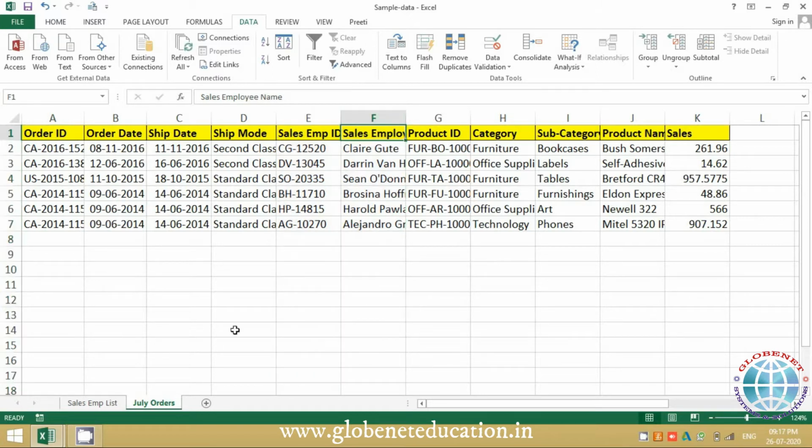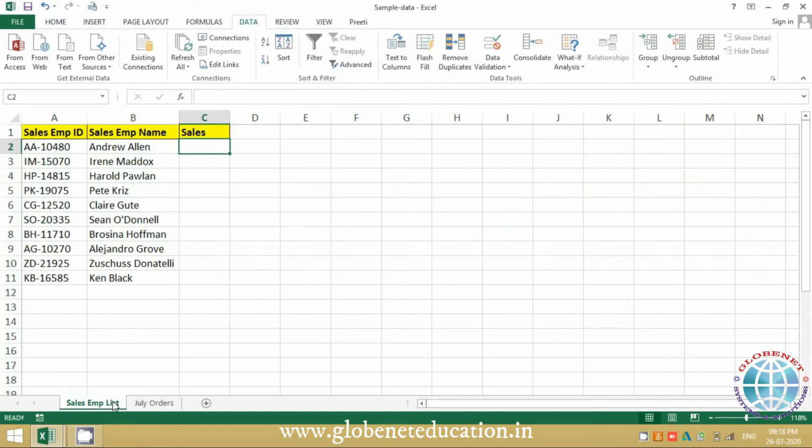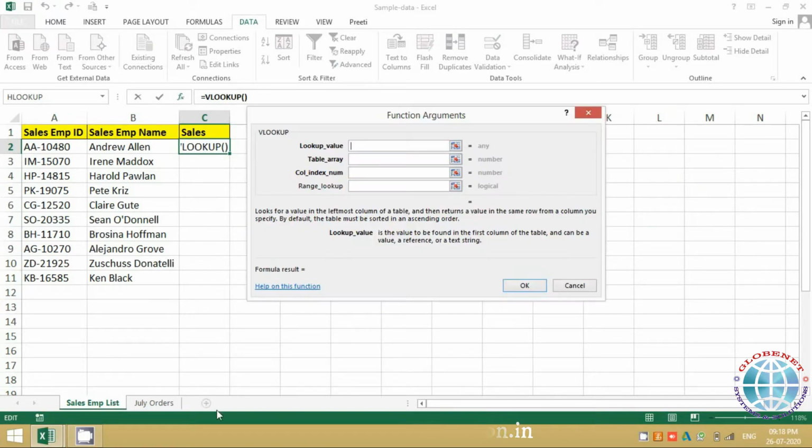and I'm going to get the sales. So as I explained in the VLOOKUP session, the first parameter in your VLOOKUP is what? Let's quickly do a VLOOKUP here. VLOOKUP value. This basically answers the question, what are you searching? So what I'm searching is basically the employee IDs in both the sheets, and based on the employee ID I'm going to get the sales. So what are we searching? The employee ID, hence I'll just select the ID, and we should always select unique fields here, hence I am not selecting name, I am selecting the ID because there could be duplicate names.